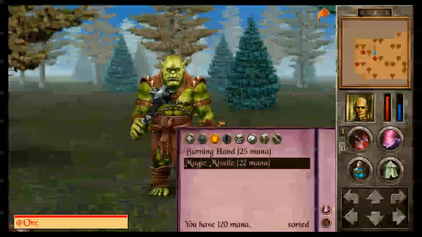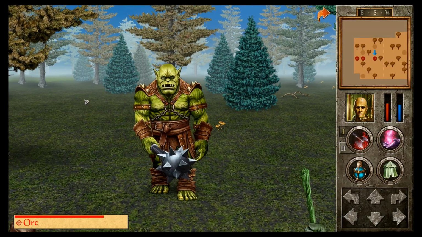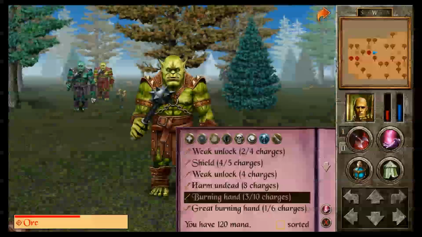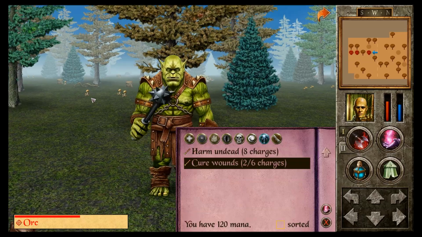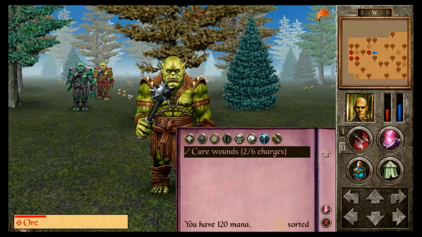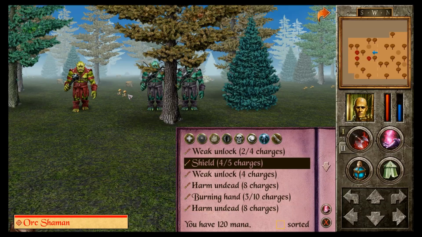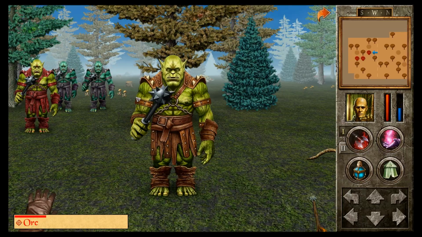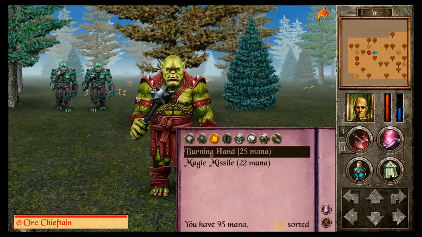Oh. Hello. Burning Hand. Sonic Thrust. Sonic? Cure Wounds. Oh, that was a waste of a great Burning Hand. Take this turn to shield again. Okay, Chieftain, but I am already...